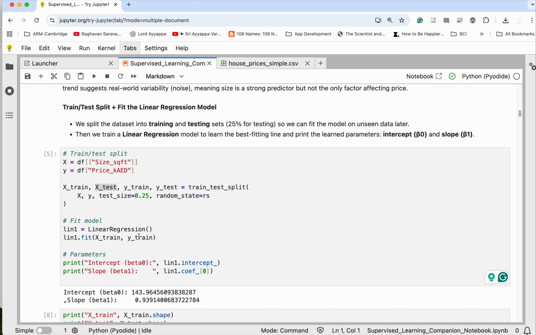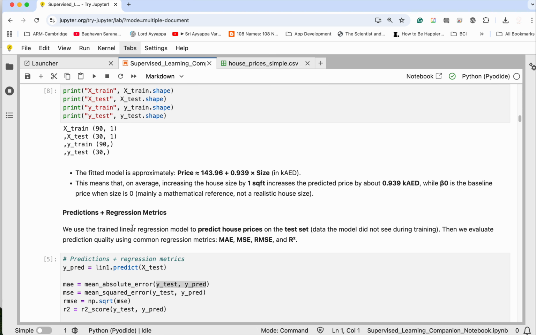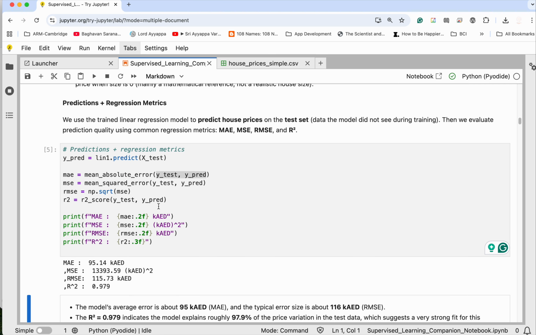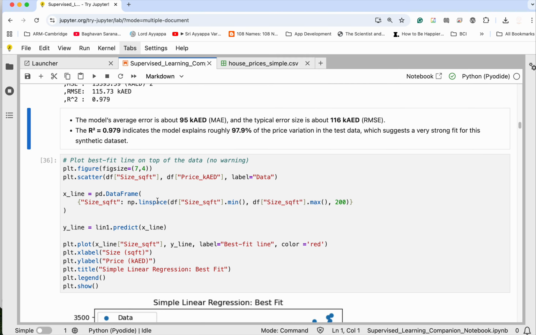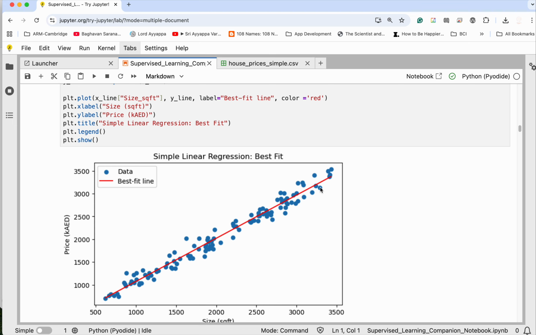Subsequently, create the linear regression model and compute the metrics to quantify how good this model is, and then finally plot that linear regression line together with the data. I hope now you have a good idea how to translate that theory of linear regression into actual